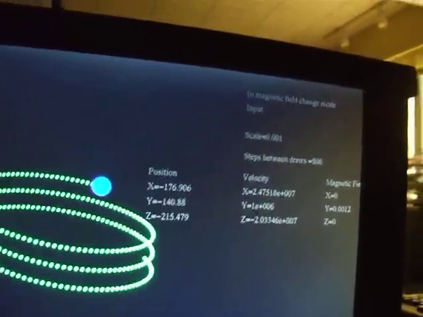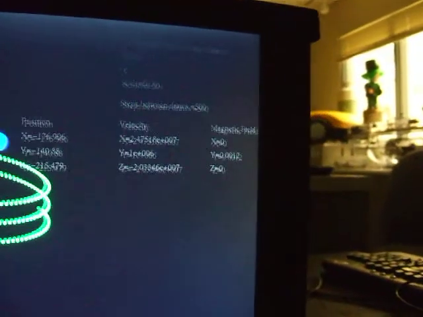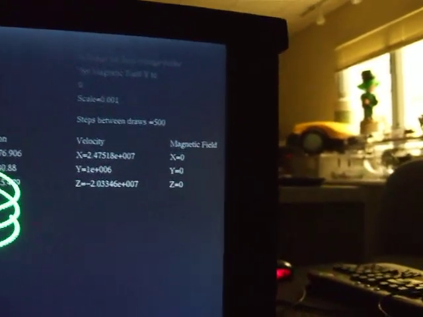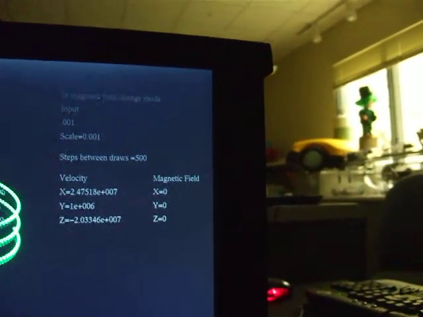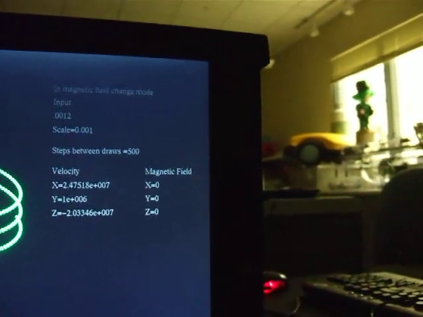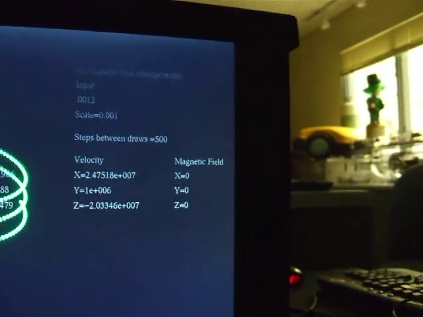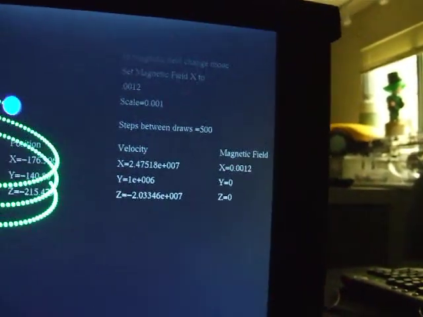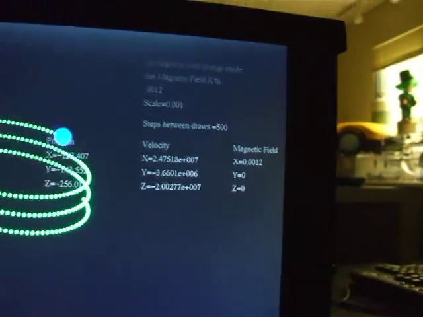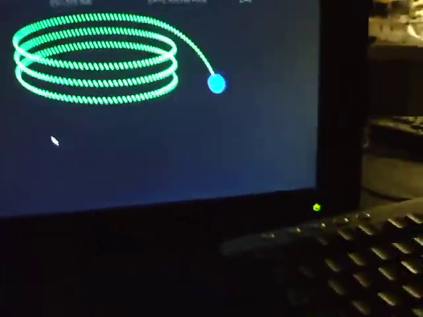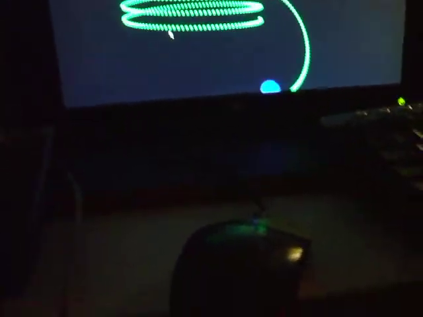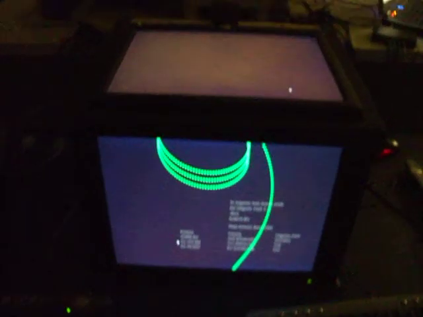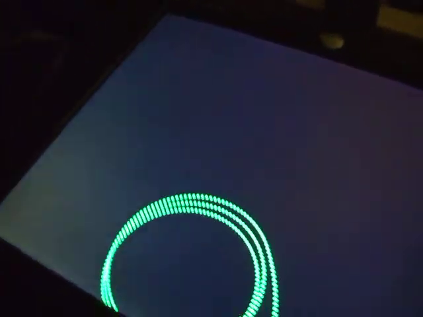Okay, so I can set the input to 0, change the Y variable of that magnetic field, and then change it back, input another variable, and it's kind of moving in a weird direction. I can give it an X or a Y component. We'll give it an X, and then I can unpause it, and we can see where this thing goes. Now the particle has the velocity that it has when it was unpaused, but now it's moving in a magnetic field